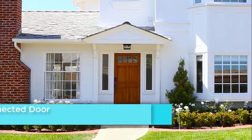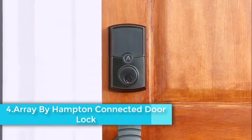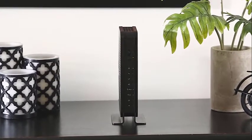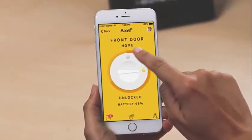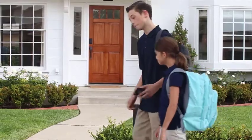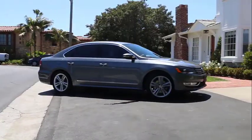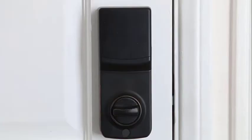The Array by Hampton lock comes in 2 styles and a variety of finishes. The Cooper style sent to us for testing sports a modern look with rounded corners and smooth edges, while the Barrington style has crown molding edges. Both are available in polished chrome, satin nickel, or Tuscan bronze finishes. The metal-clad exterior escutcheon has a solid, durable feel. It measures 5.4 by 2.7 by 0.8 inches and sports a round keyway on the bottom, just below a one-touch